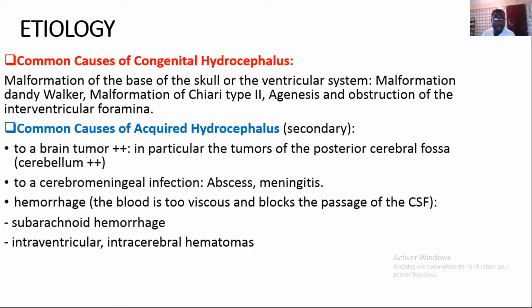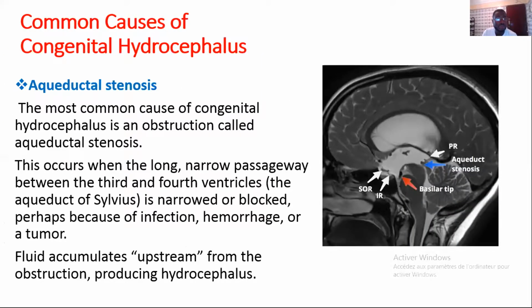meningitis. We can have hemorrhage, where the blood is too viscous and blocks the passage of the CSF, like subarachnoid hemorrhage when we have a ruptured aneurysm. You can have intraventricular and intracerebral hematoma. The common cause of congenital hydrocephalus, like aqueductal stenosis, the most common cause of congenital hydrocephalus,